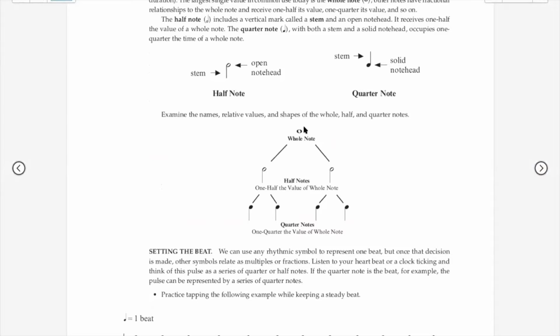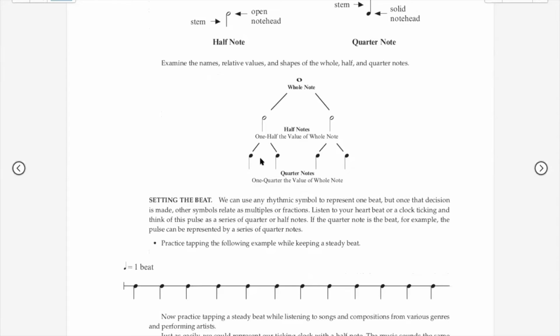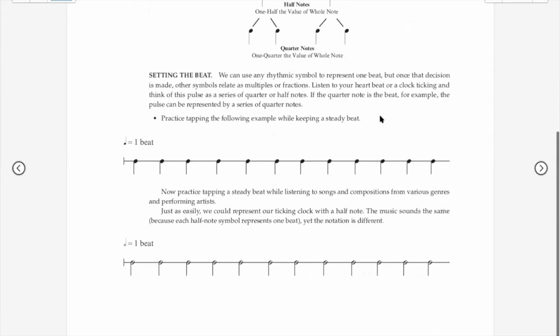Here's the whole note. The whole note is the same as two half notes. The half notes are the same as two quarter notes. Kind of makes sense from the words of the fraction. So whatever value these are, this is going to be twice of that, and this is going to be twice of these. And that's what's going on there. This part tells us pretty much what I showed you in the PowerPoint, where we have a line of quarter notes showing us the beat. And they've even told us in just regular text, a quarter note equals one beat.